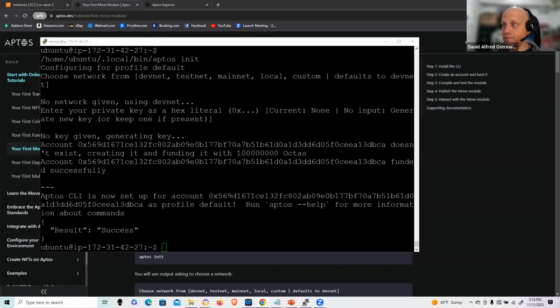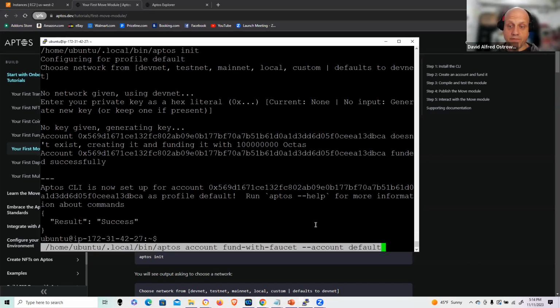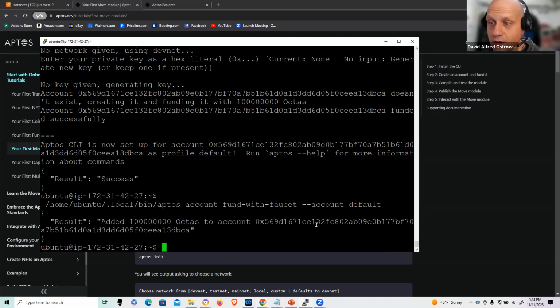Now I'm going to fund that account and use the command fund with faucet. You notice here with account, I just set it to default. If you're going to be reinitializing accounts, it may break if you're just going to default. You're going to have to specifically include that account name after an account if you run this command, as well as an account file. You're going to have to include your specific account number so it doesn't get confused if you start running multiple accounts or taking this resource and tutorial and start expanding on it and building your own